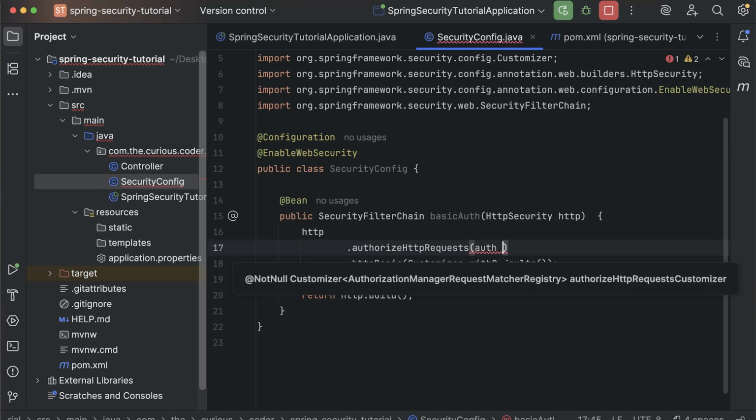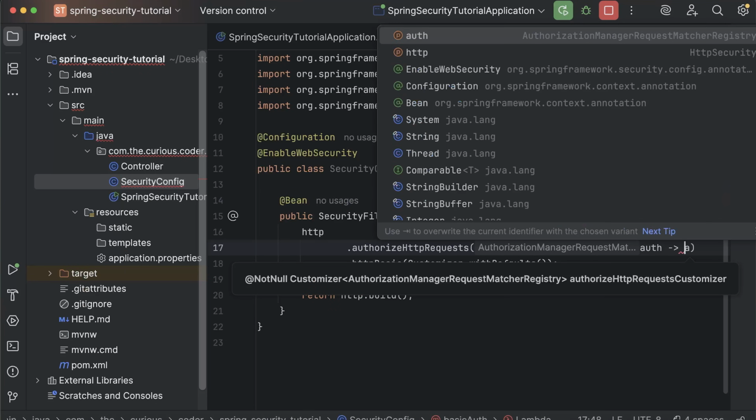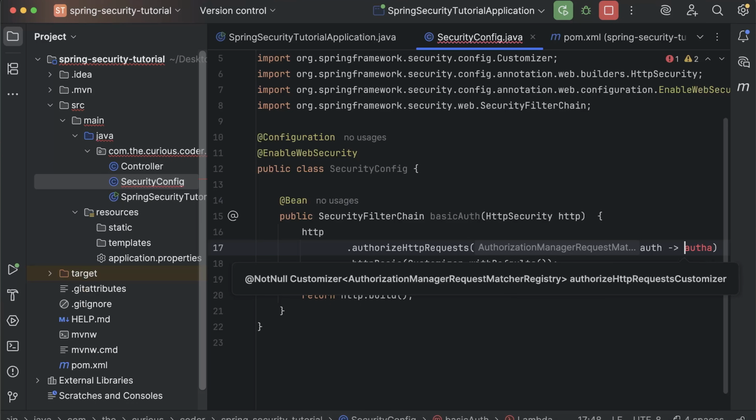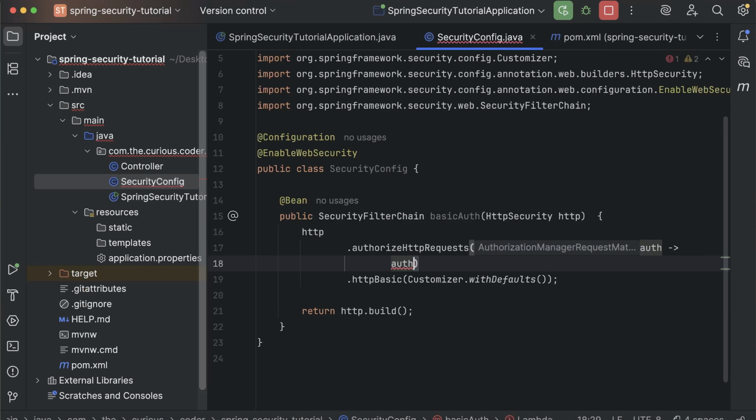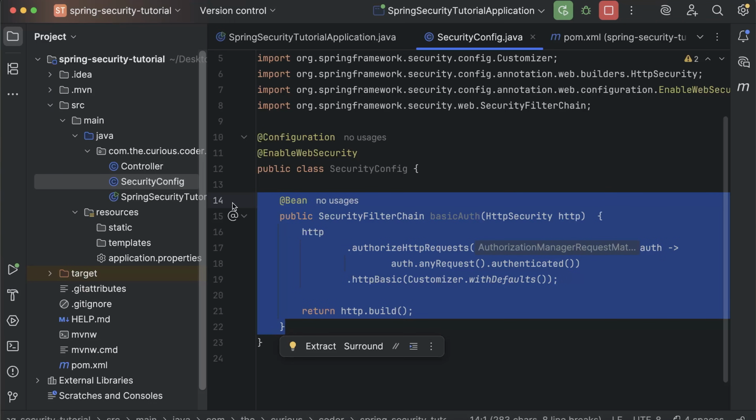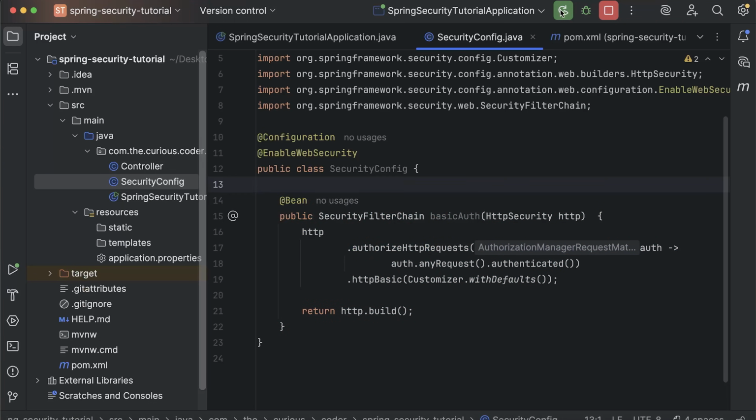And here we will write something like this. We'll use a lambda function, auth. For every auth, we have to take any request and we have to authenticate them all. So this line here represents that any of the requests that we'll make on this application, all those requests have to pass through some basic authentication. Now if I rerun